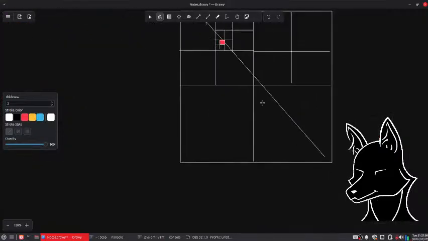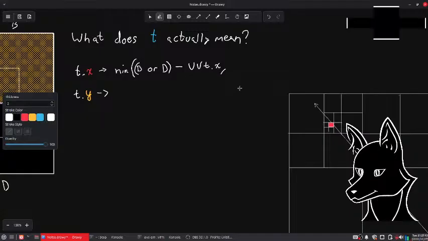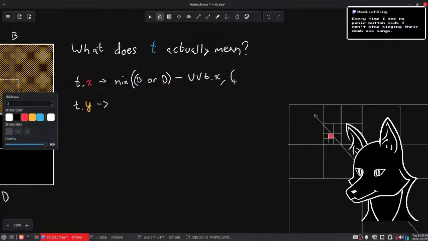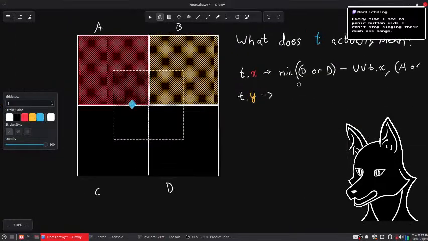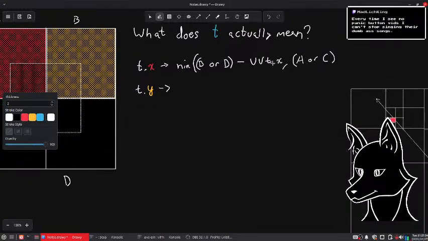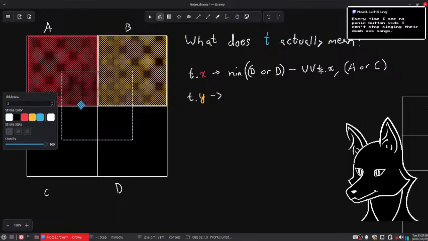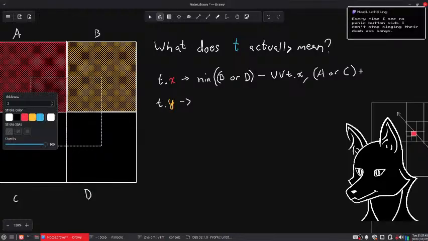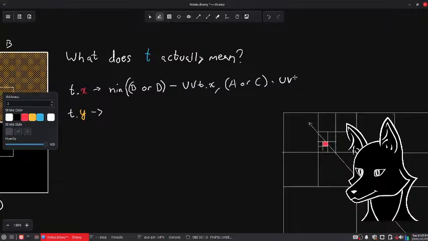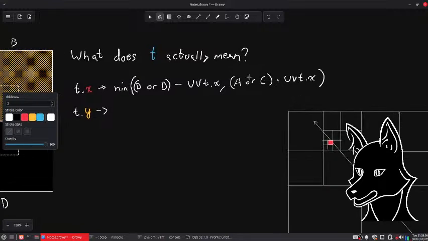And oh yeah, some other raycasting stuff here. Yeah, but if you have, this is A or C. Minimum of A or C times UV T dot X. Right? Should be something like that. And this needs to be clamped. So, actually,